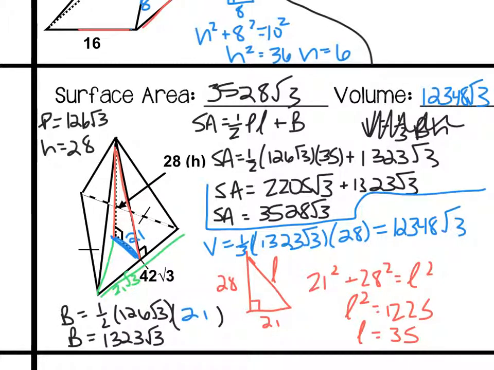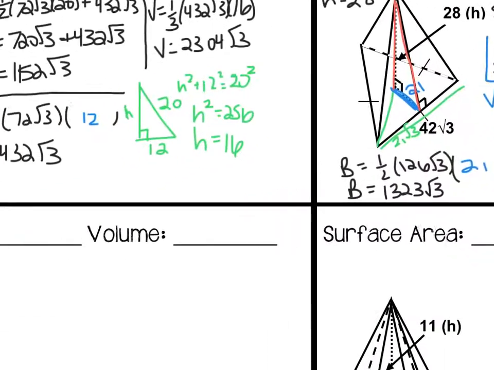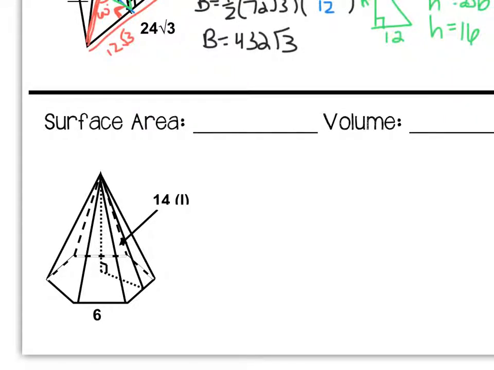All right. Last one, our favorite, hexagons. Same old, same old. So if I have a hexagon as my base and it has a side length of 6, then my perimeter is 6 times 6, which would be 36. They also give me my slant height is 14. So let us find our area of my base. So area of my base is 1/2 perimeter, which we just found is 36, times my apothem. To find your apothem, I'm going to actually draw it on this bottom part because it's just visually easier